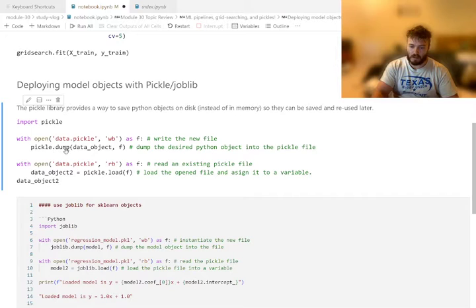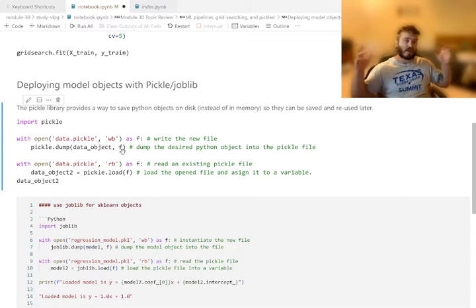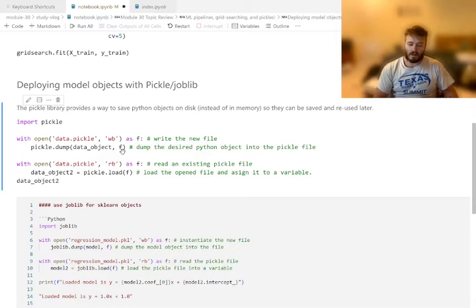Basically this is going to load whatever's in this variable called data object. It could be called anything, the variable name is kind of irrelevant. But whatever Python object is in there, it's going to get loaded into that file. If I had a dictionary, that's actually a good example, because dictionaries can hold pretty sophisticated information. If I wanted to save a dictionary as a dictionary itself and not copy and paste it into a Word document or something hacky like that,